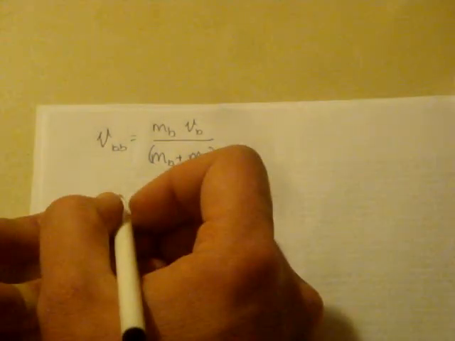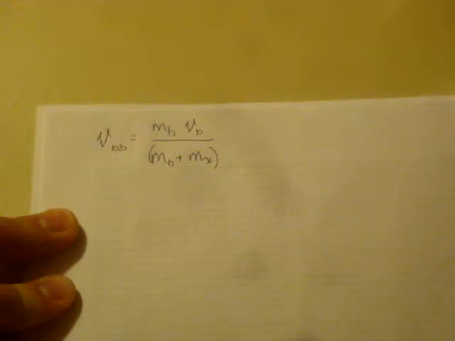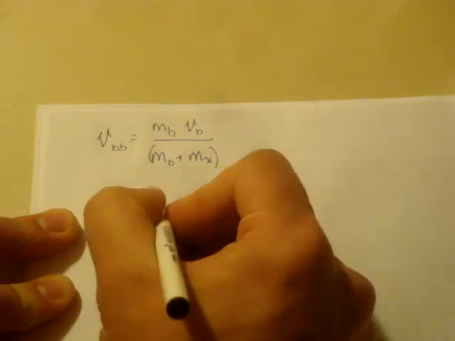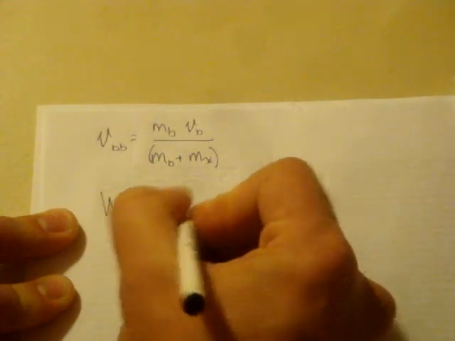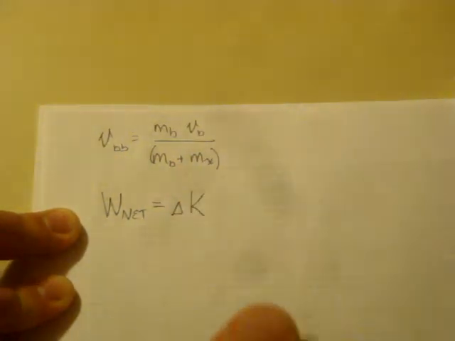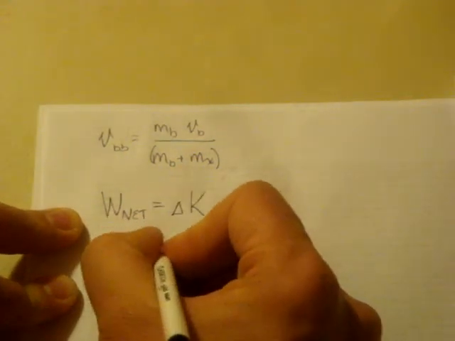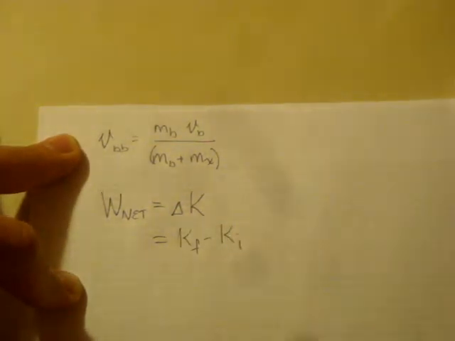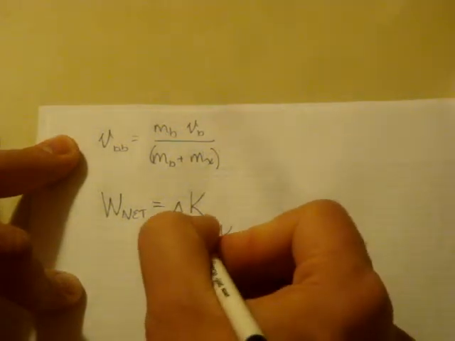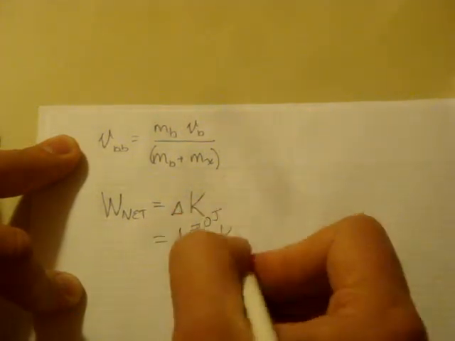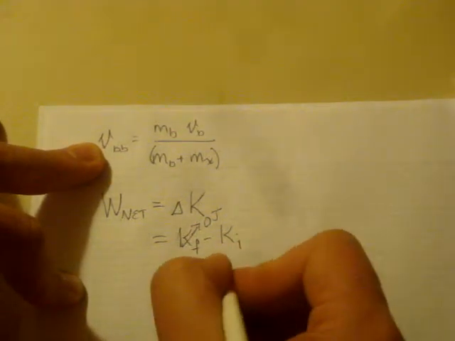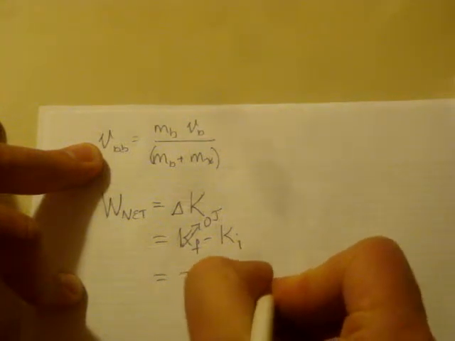Okay? So we can describe something about its initial kinetic energy, because we can determine the net work done will be equal to the change in kinetic energy. And so the change in kinetic energy is the final kinetic energy minus the initial kinetic energy. Well, the final kinetic energy is 0 because it comes to rest. So 0 joules. The initial kinetic energy is going to be equal to 1/2 times the total mass here, which is mb plus mx,